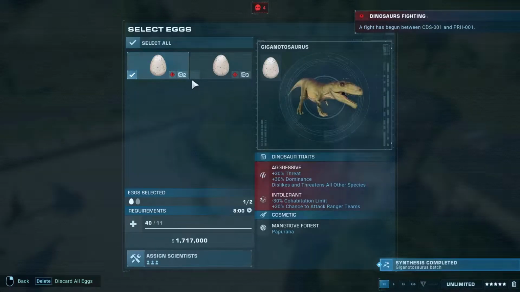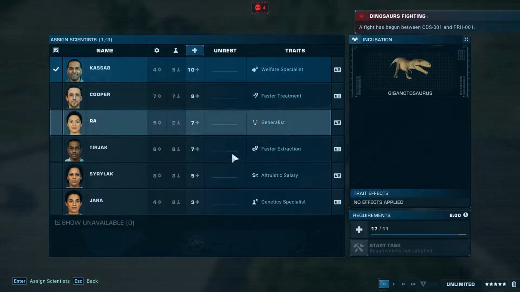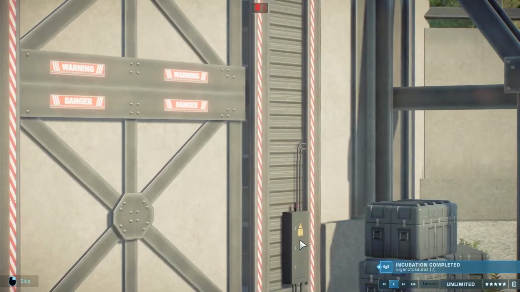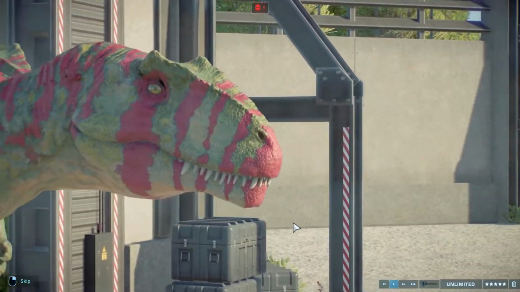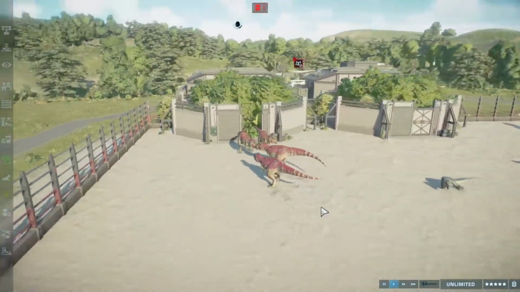Select eggs. So, alright, let's see what happens when we release these guys. Release. Oh, okay, so it's the pattern, it's not the skin. Interesting. Alright, so we'll try that one more time, but without the...